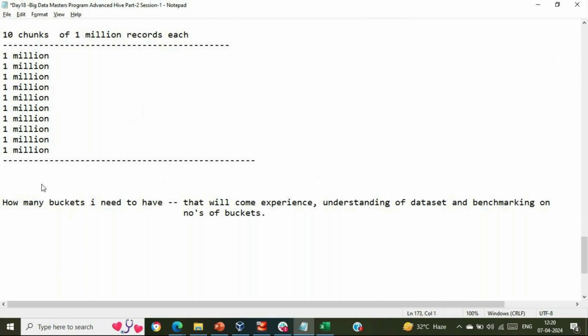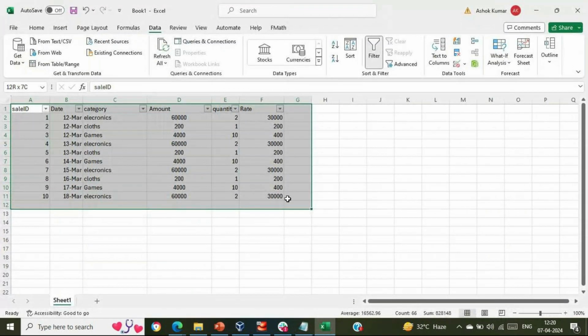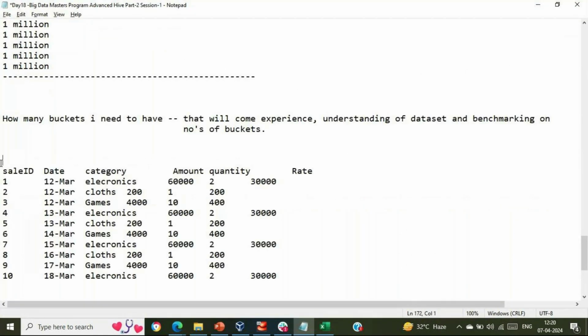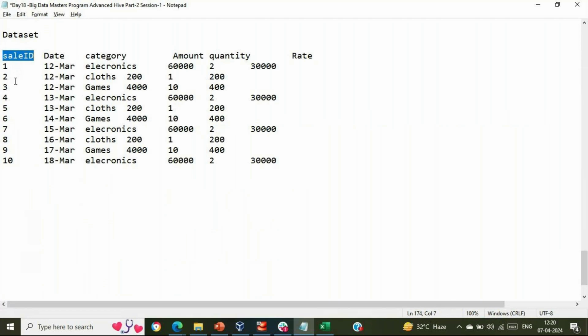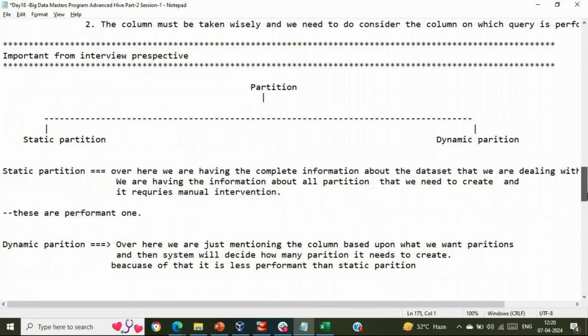Let me try to give you certain more insight about buckets. We are having this particular data, just try to focus. Let me paste this particular data set. And what we have observed is that we need to proceed with the bucketization because we are querying based upon the sales ID column. The concept mentioned over here with respect to the partitioning,